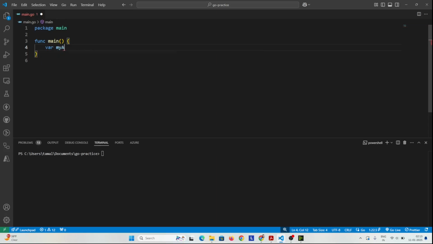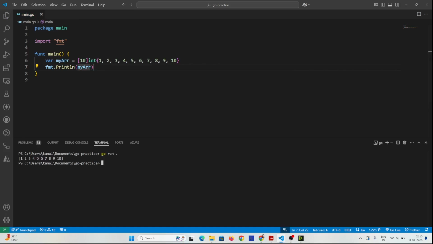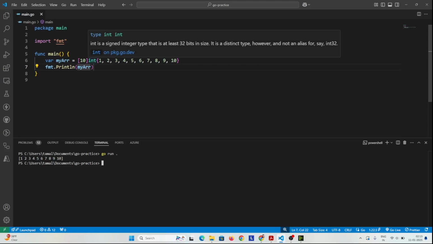I will name it my array, and then maybe it will hold 10 values. That will be of type integer, and I will give some values to it, and then 10. Now let's print out this array to see how. If we run Go, we can see that we have created an array of integer values that has the